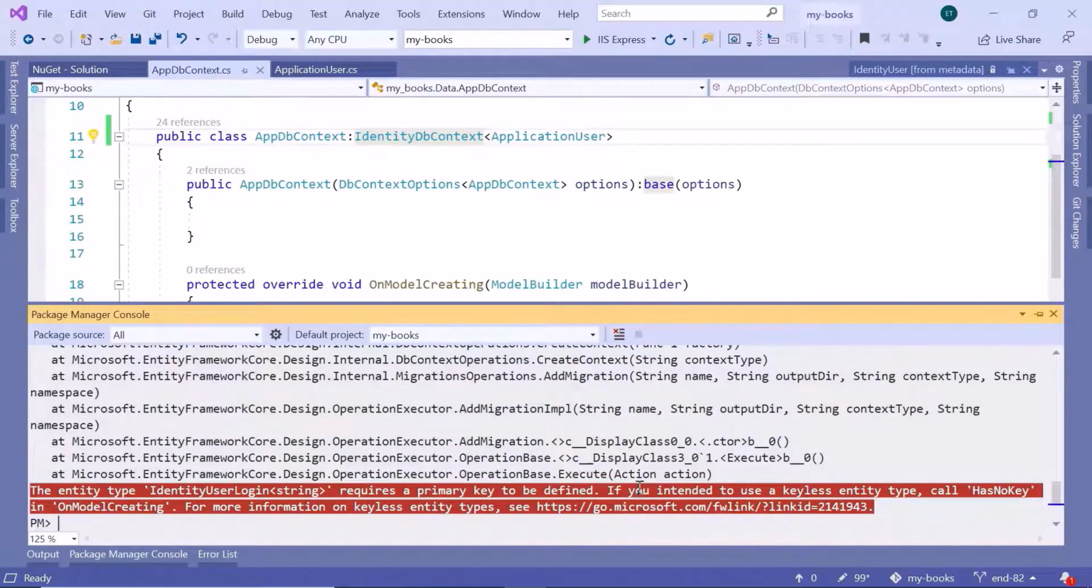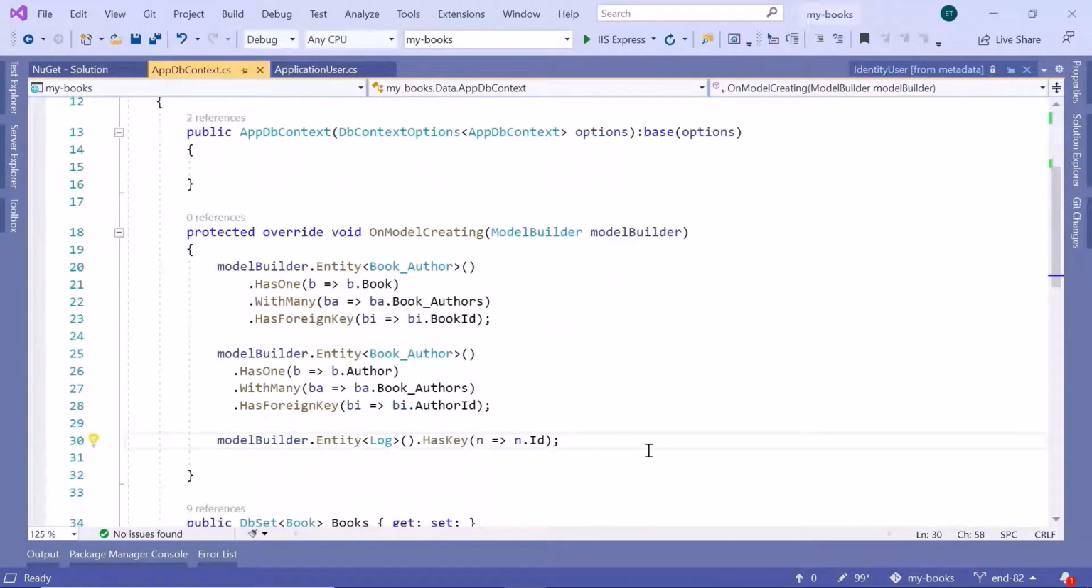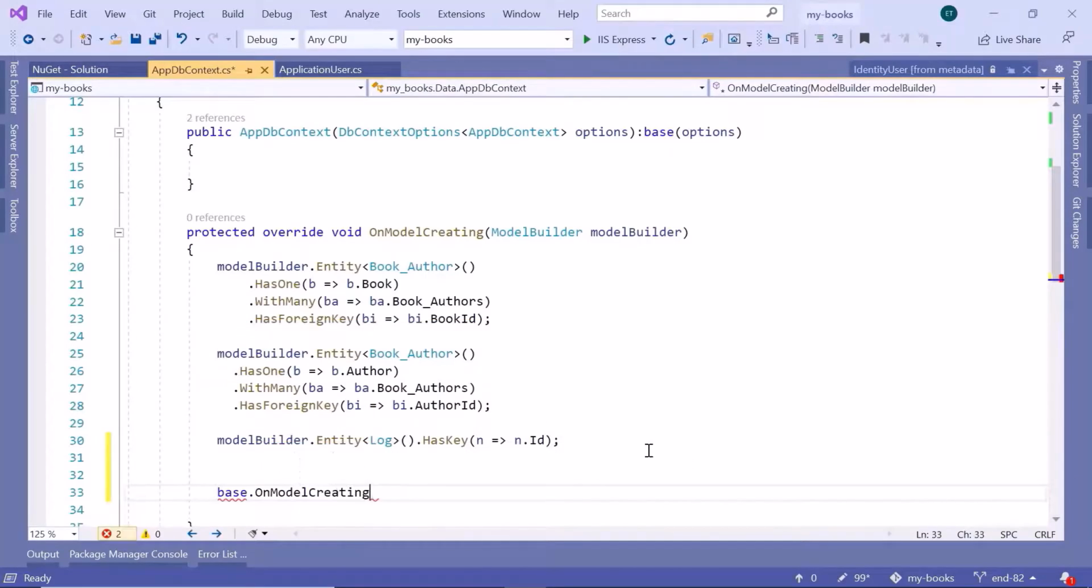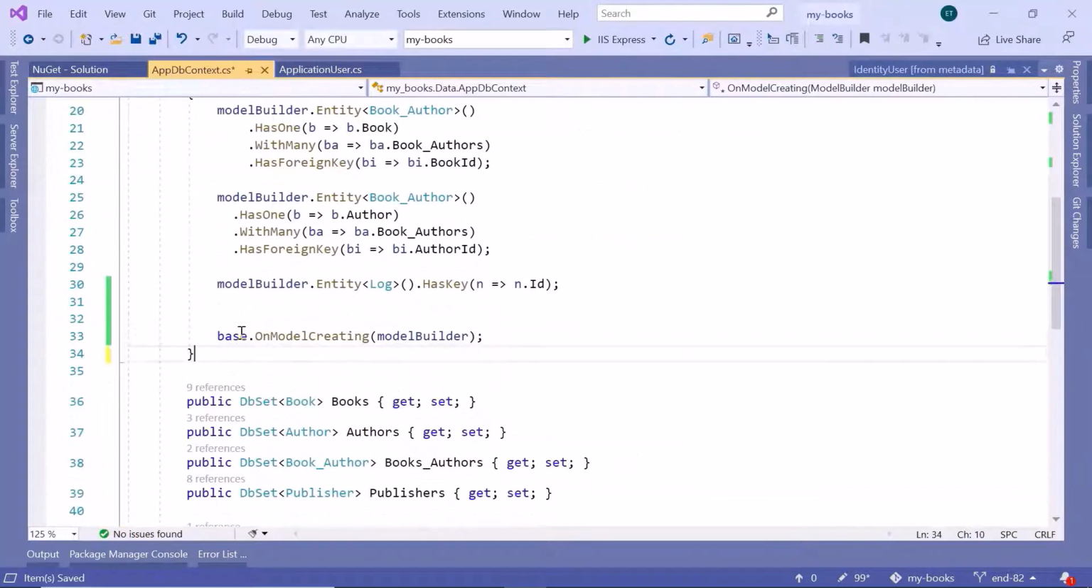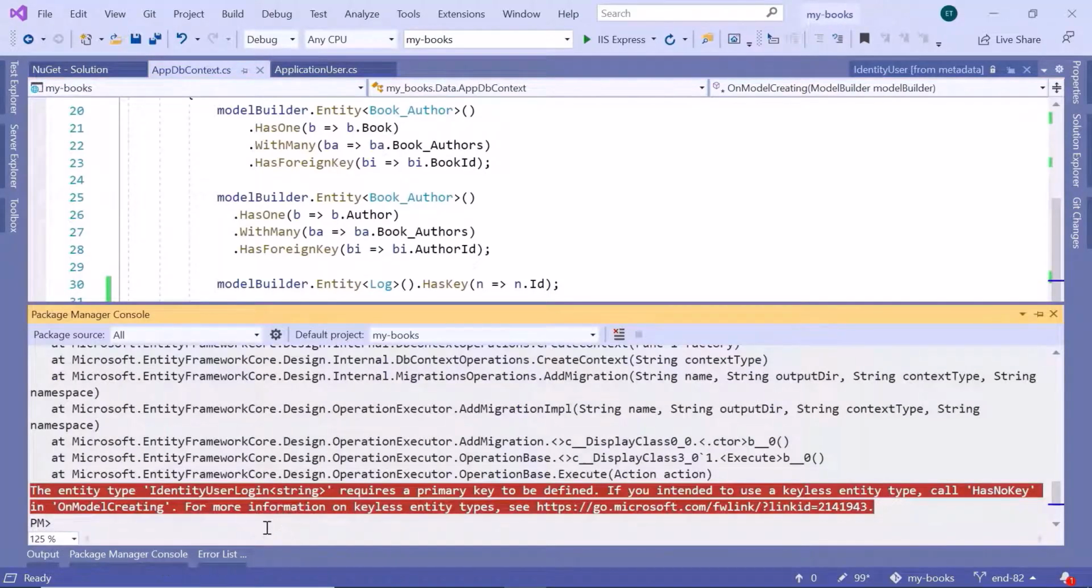Now to resolve this issue, you can just go inside on model creating, and then here just after the last model builder definition, you can just type base.on model creating, and then pass as a parameter the model builder. Now let us save the changes. You can remove the extra space from here, and then just go to the package manager console, and then I'll run the same command one more time. So the add migration identity edit,